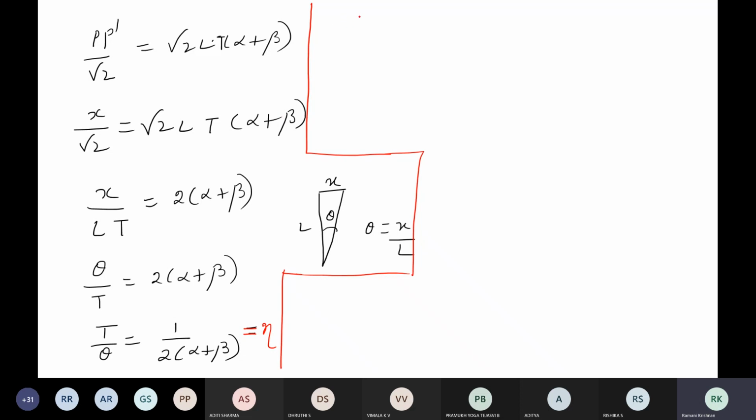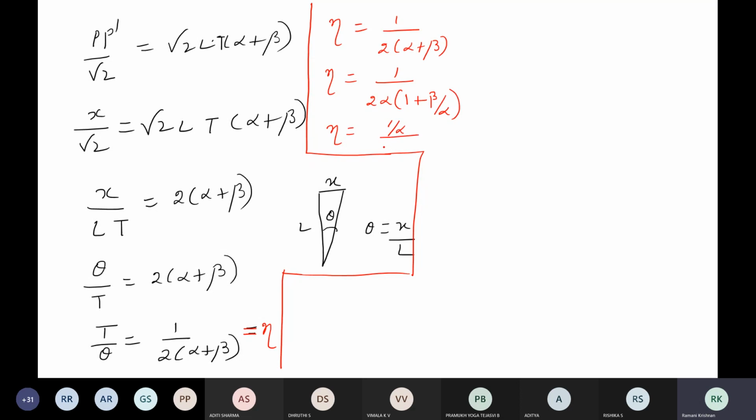Now, students, we are coming close to the end of this derivation. So, eta equal to 1 by 2 alpha plus beta we wrote. And then I'll do some simplifications here. I'll take alpha outside. If I take alpha outside, nothing should change. So I'll write 1 plus, what should I write? Alpha. Okay, right, good.